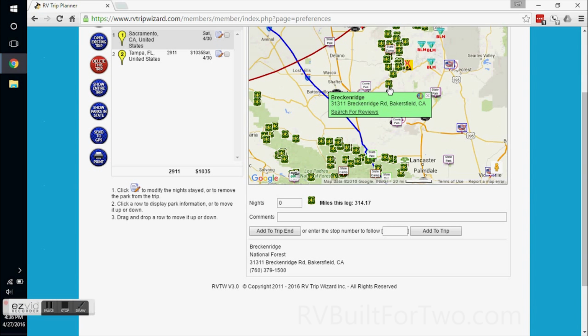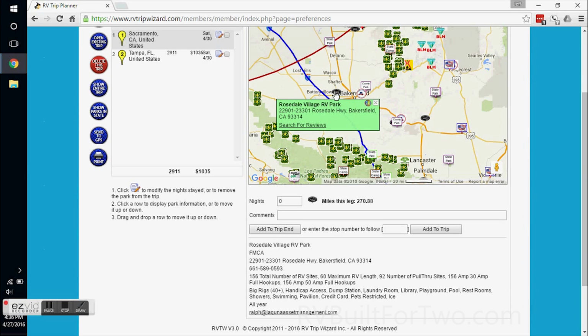You can click over here, and there is a National Forest campsite. So you can kind of shop around and see how far you want to go. For this trip, let's say we want just a one-night stay over. So let's go ahead and select this one here. Of course, you can call and make a reservation and then add it. But as a guest, we'll just say we are going to stay one night,